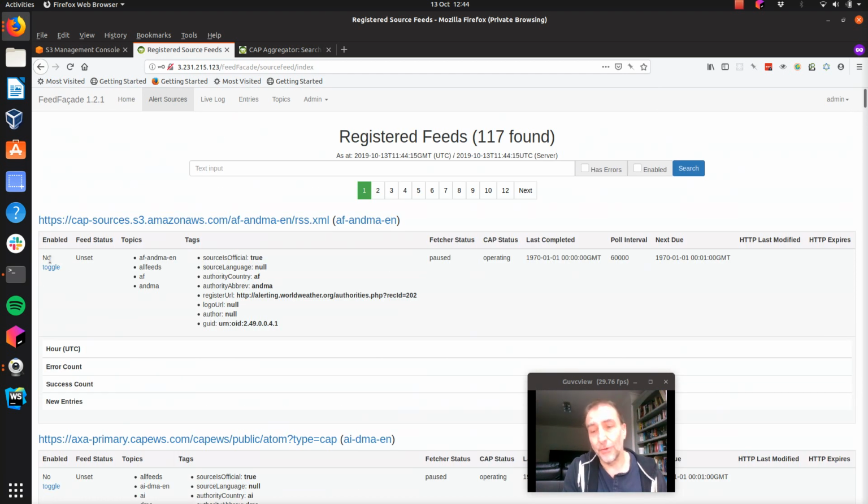Sorry, they're all not enabled, which means they're currently switched on. I can click on the toggle link and that will switch the feeds on one by one. Up in the admin menu, we've got "enable all operating feeds", and this is basically, if you're running an aggregator,